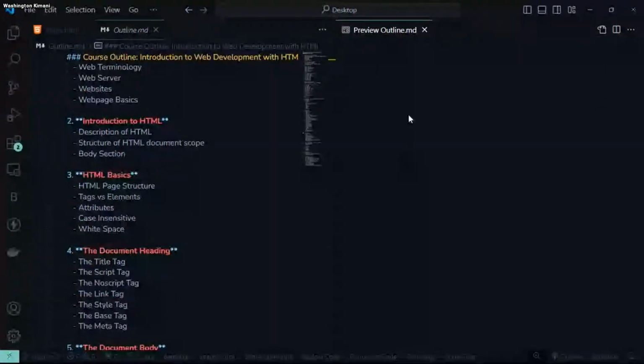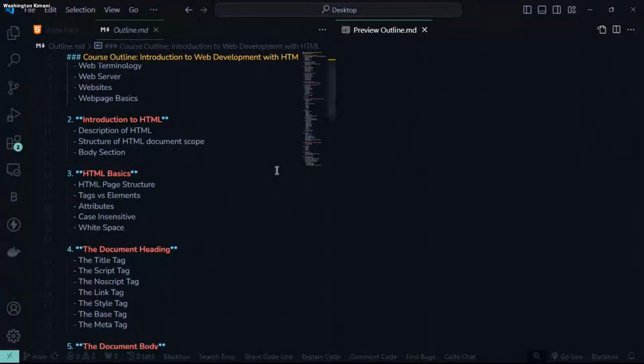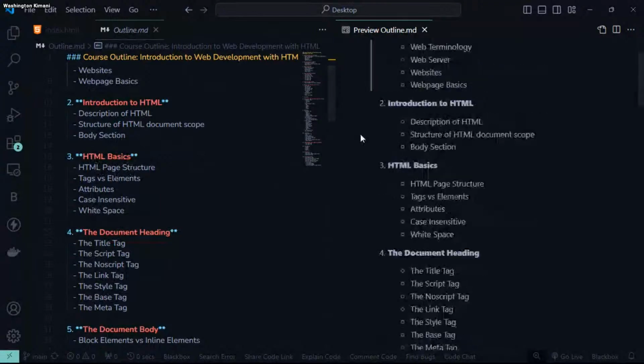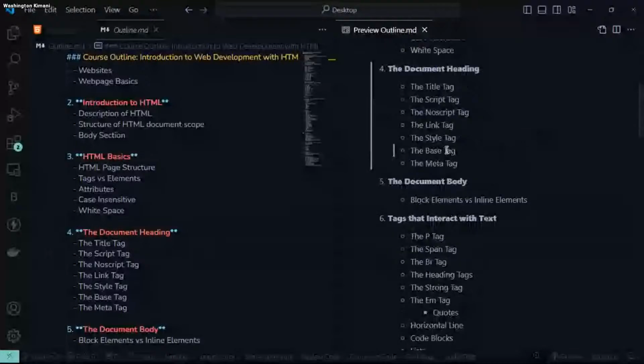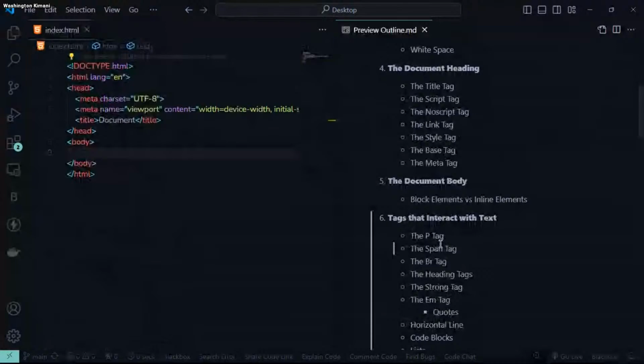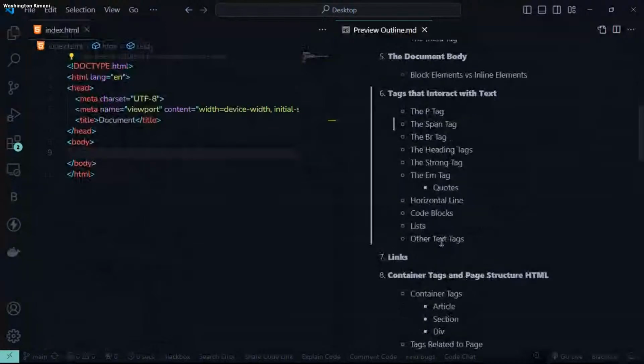So in web development, in HTML, these are the things you should cover. There is the introduction, we have covered the introductory part, the page structure, the tags, and these are the things you should look at. So there is the element body, the tags. All of these